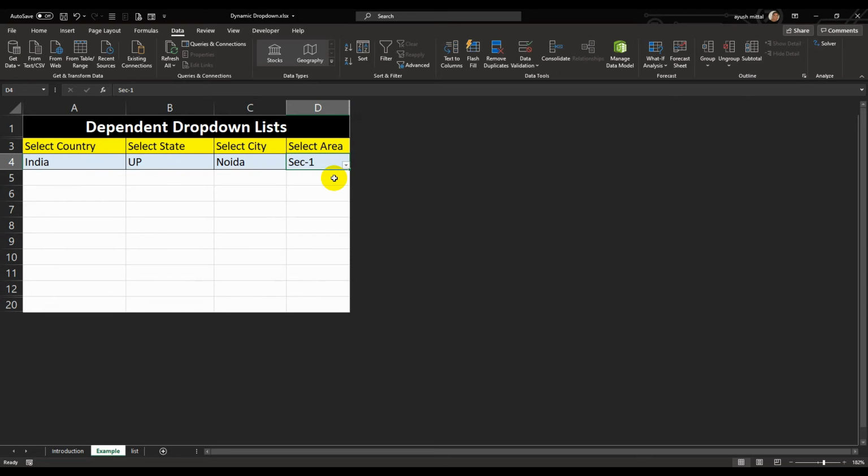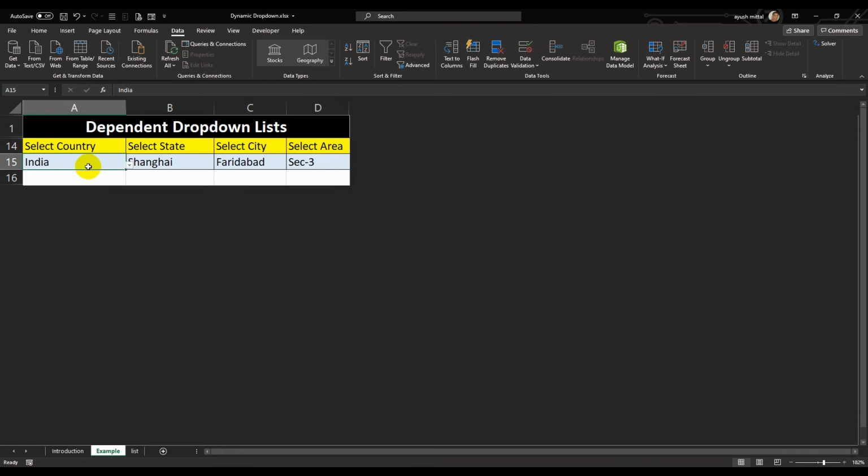So guys, this is how we create a dependent drop down list. Dependent means it is dependent upon the main category. Sometimes what might happen is we have selected this area and the user might not know how to go about it, so he might change the country to Australia. This has happened, but all the subcategories are incorrect, which gives a wrong reference to the data. So we'll see how we can avoid this error.